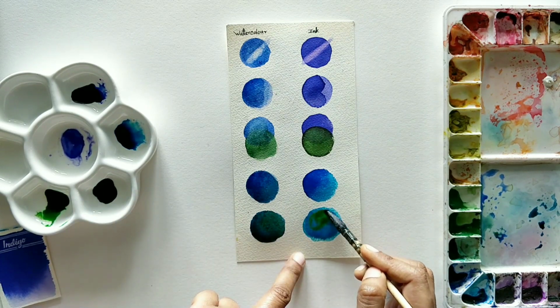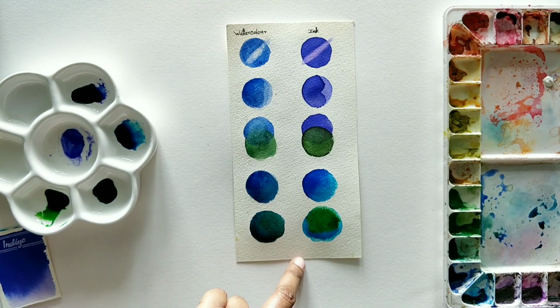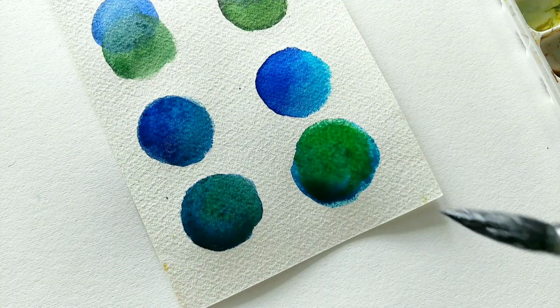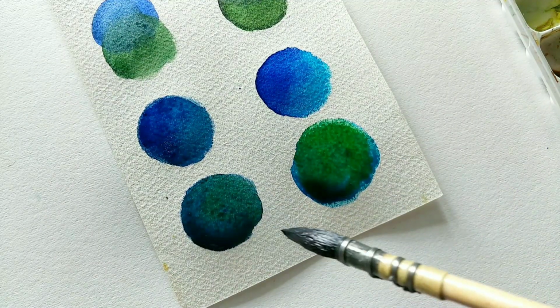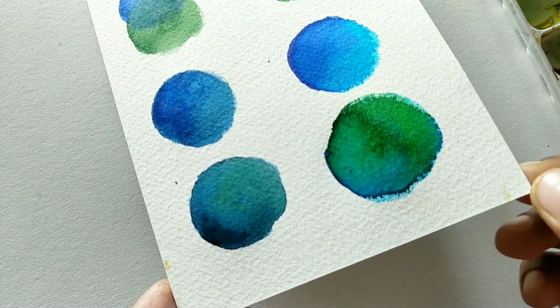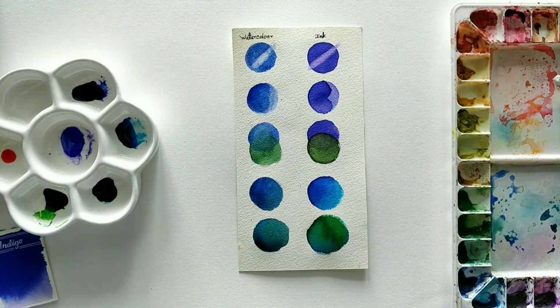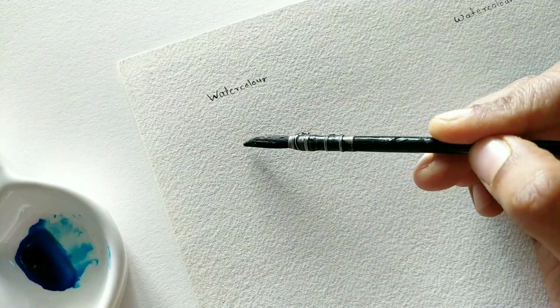It is clear from the swatches that watercolor inks are far more difficult than traditional watercolor for several reasons, but it's also clear to see that the inks have a smooth texture with no granulation, and the colors are super vibrant. So it is true that they are difficult, but this might be worth it to you depending on your taste